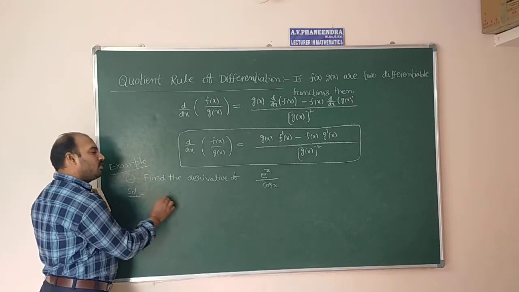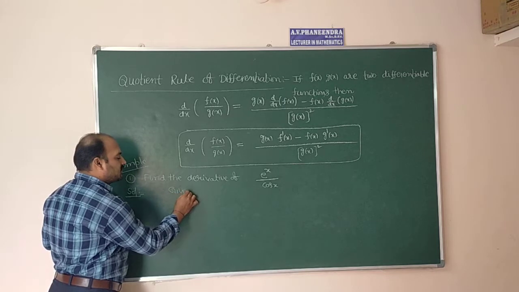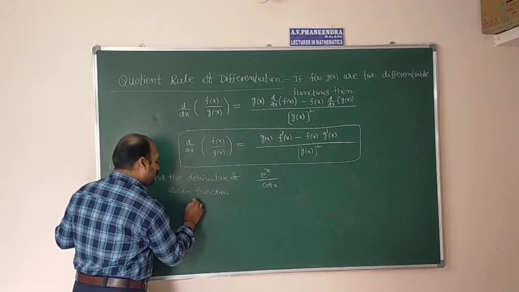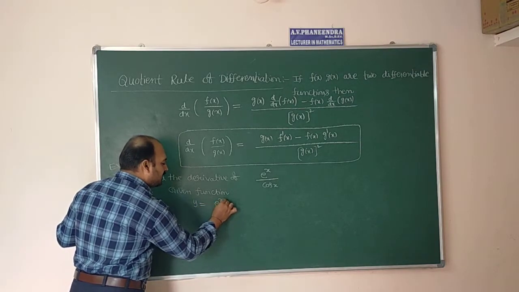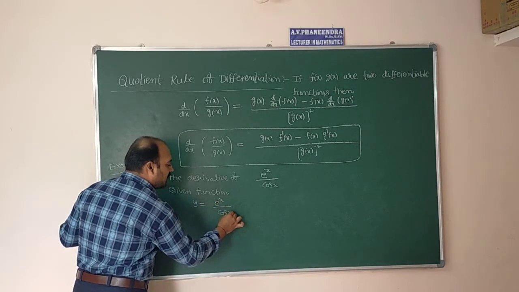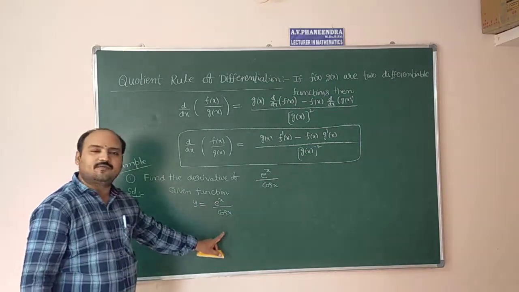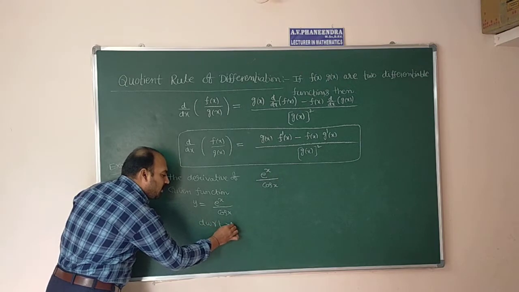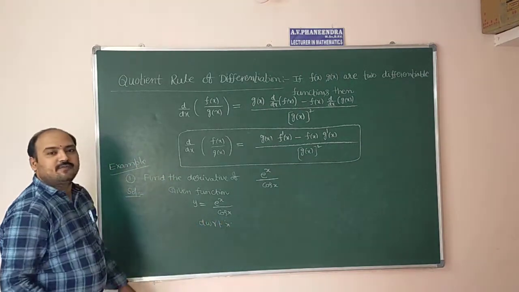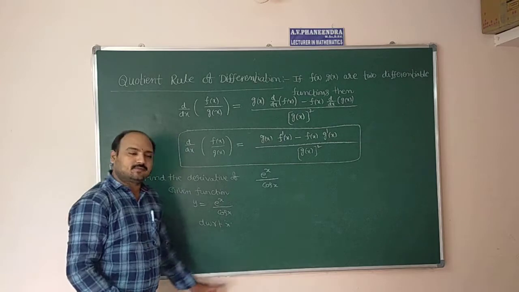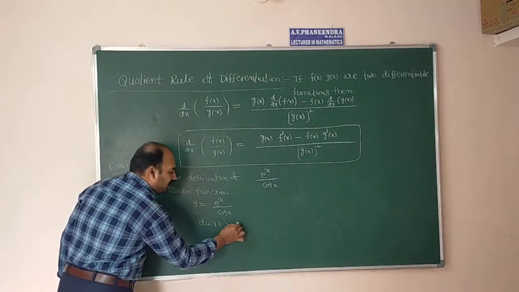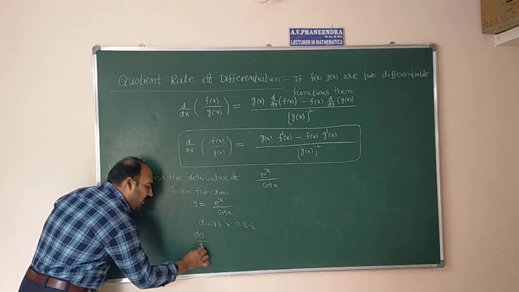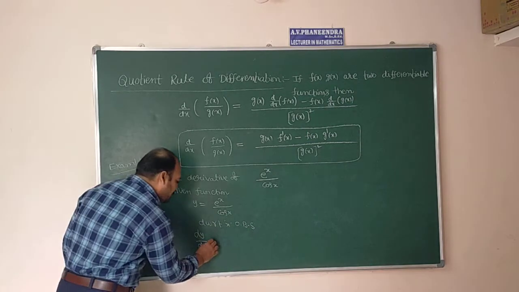Now in the solution, what we have to write first is the given function as y is equal to e power x divided by cos x. It is looking like f of x by g of x. So differentiate with respect to x on both sides. Here d w r t means differentiate with respect to x on both sides. So dy by dx of y is dy by dx.